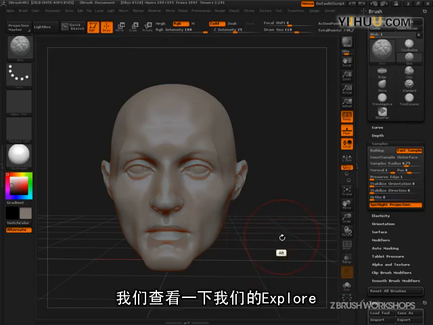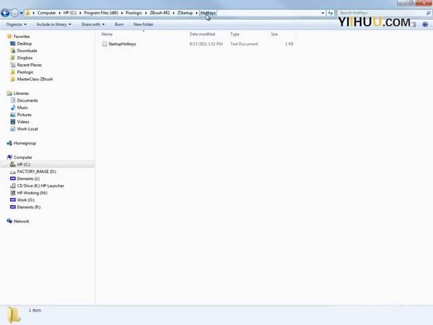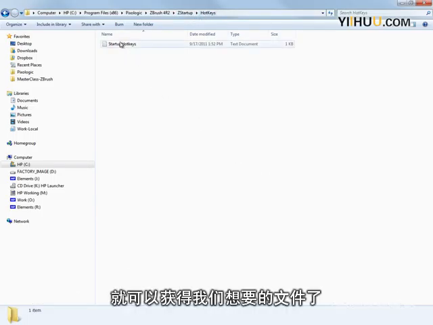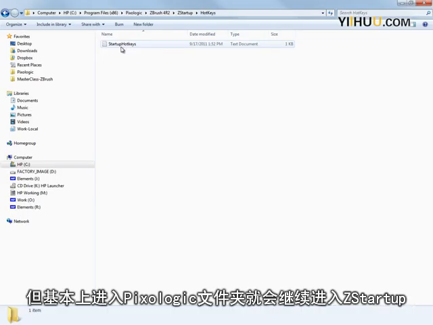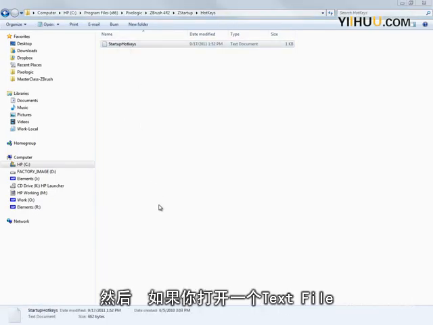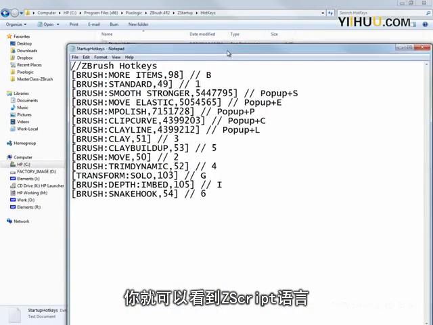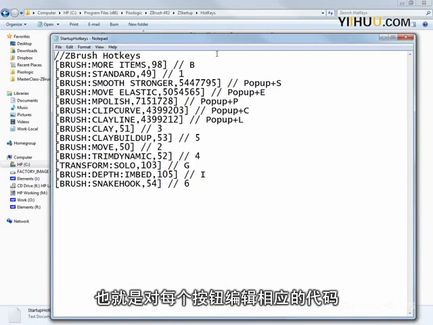Let's look in Windows Explorer. And if you go to Program Files, Pixelogic, ZBrush4R2, ZStartup Hotkeys folder, you'll get it. It's a lot, but basically you're in the Pixelogic folder, you're going to the ZStartup folder, and you're going to Hotkeys. And then if I open up the text file, you can see ZScript language, which is basically assigning each